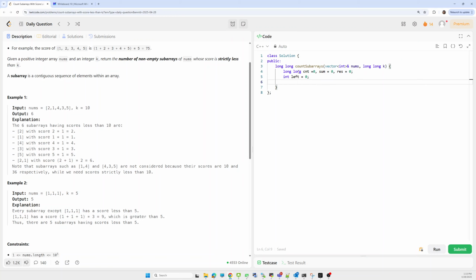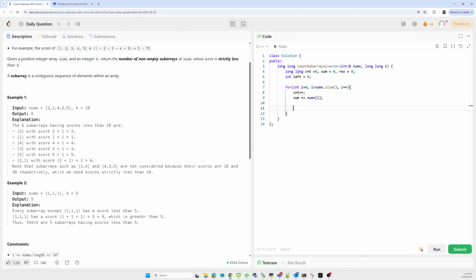Now we have to iterate a for loop from left to right, and while iterating, first we have to increment the count, then update the sum. Now till here we include the ith element.